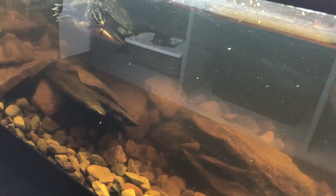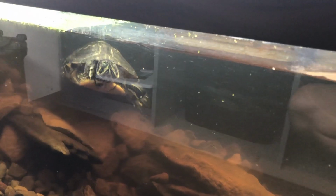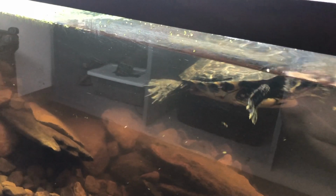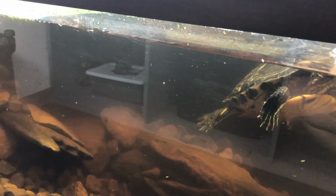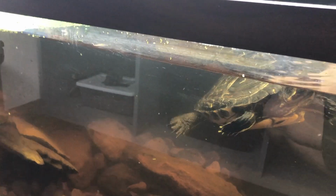Some of the rocks were in other tanks before this, so they had some beneficial bacteria, but it could definitely use a water change, so it's one of the reasons I'm going to go ahead and do a water change. And here we have Susan. She's doing well. I have her up for rehome